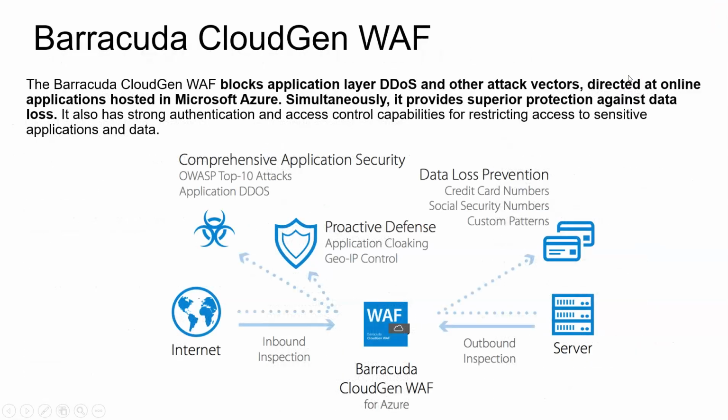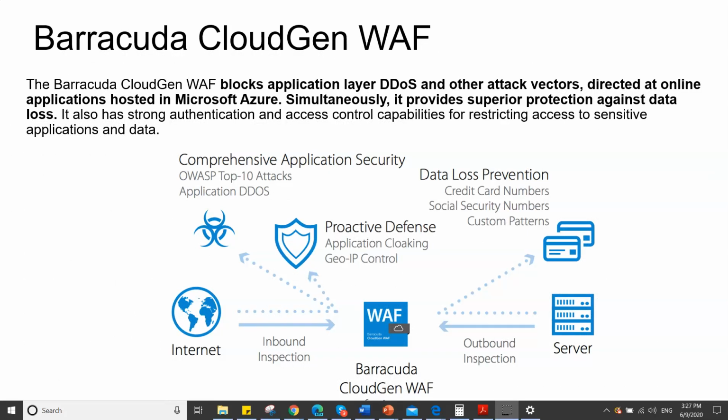So moving on to the Barracuda CloudGen web application firewall. It's nothing to do with Azure, but why am I placing this Barracuda? Your customer may ask you to provide a high availability solution with the web application firewall. If you have seen Front Door or application gateway or CDN, all are managed services. You don't have any control. But Azure anyway provides high availability, but your customer is not relying on that. He wants to have some high availability plan or a strategy for your application firewall as well.